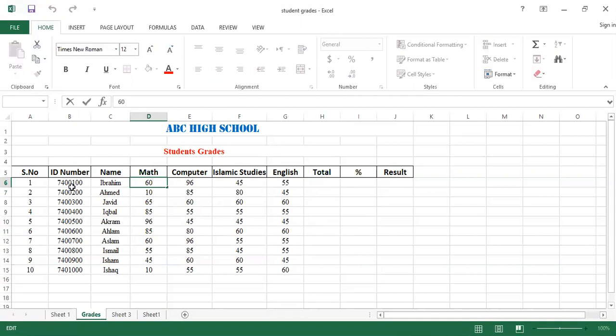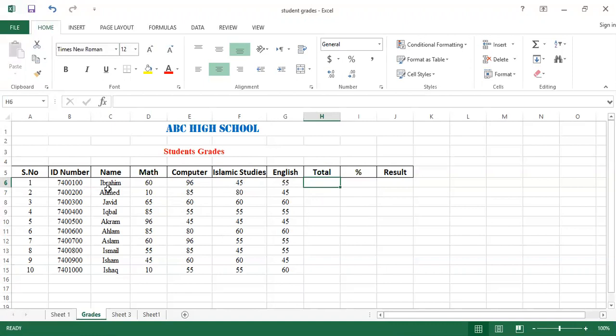First of all, you have to select a particular cell from where you want to calculate the total marks. For example, this one is the right place: the total column in cell H6. It is an empty cell, in front of this record.